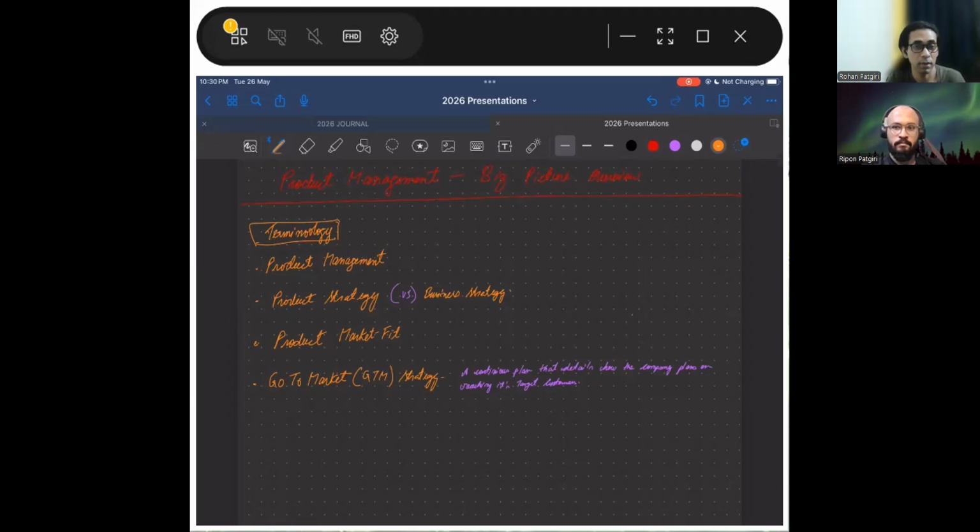So what is the product level strategy here? Once the business level strategy has been decided that, okay, we are going to introduce a podcast feature within our app too, now it's the job of the product manager to come up with how to integrate both the music features and the podcast features within the same platform, same application, or whether it should be the same application or different applications also, because that's another question. Should it be in the same application or a different application? Why I thought about this is because of Zepto